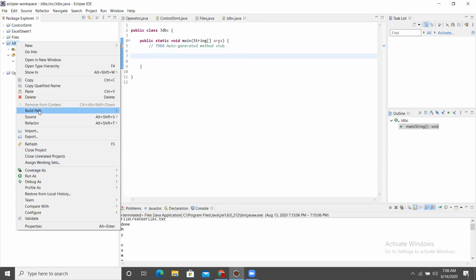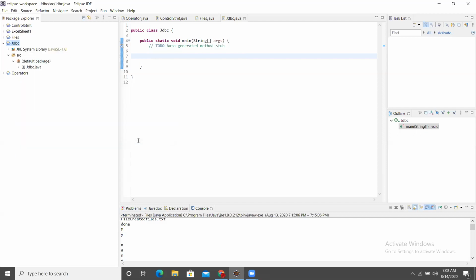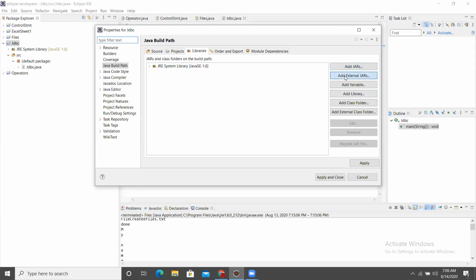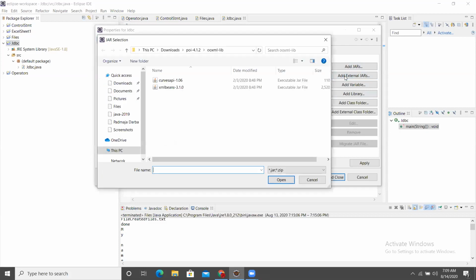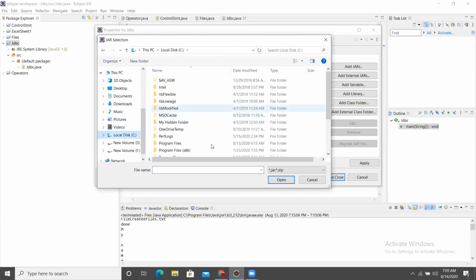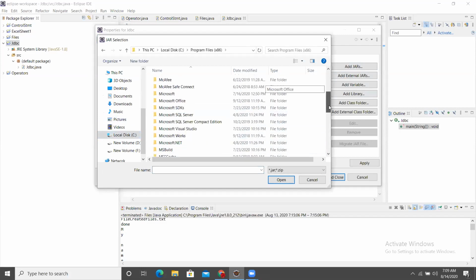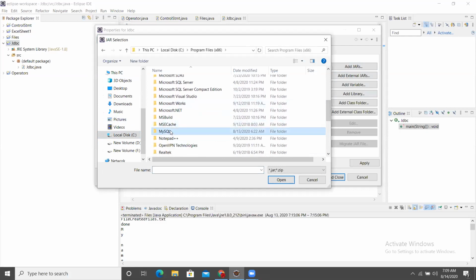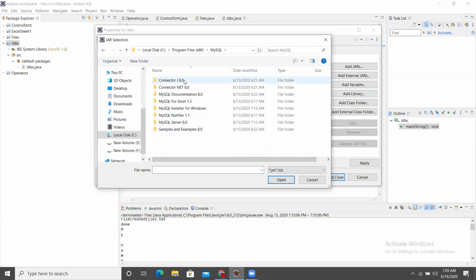Guys, you do one thing. Everybody do the same thing which I did till now, and display that con variable using System.out, and we'll see what kind of output you are getting by providing the URL, username and password. And tomorrow I will continue. Just add the connector, wherever it is installed, in C drive or D drive. MySQL connector.